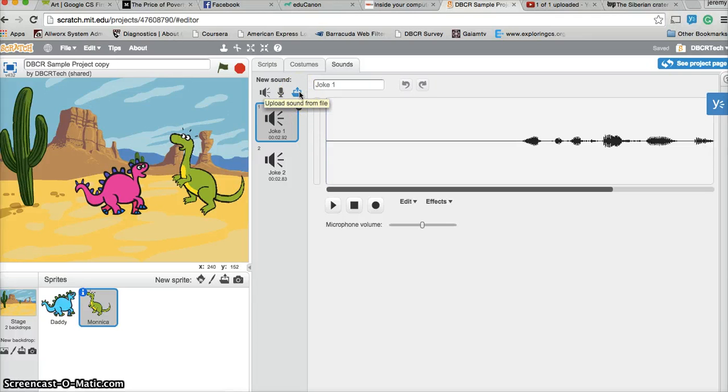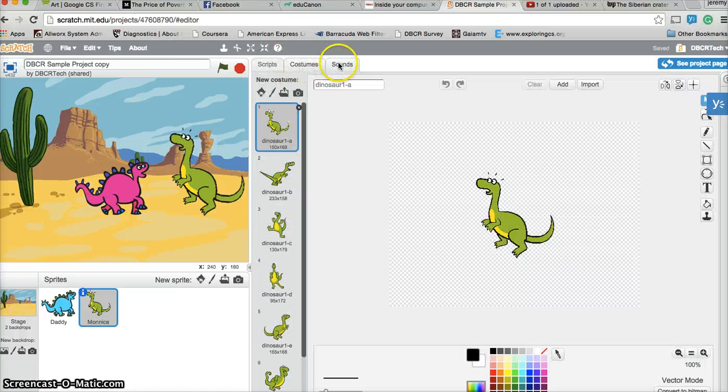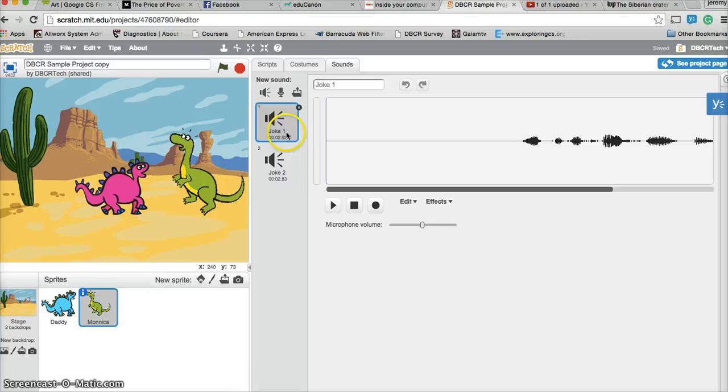You can also upload this. This is for those of you who recorded sounds using other recording devices, your phone, whatever. You can create an MP4 file or MPG file. I'm sorry, MP4 is video, and you can upload it to Scratch this way, just as you would upload any file. And then you see the name. So I have joke 1, joke 2. You change the name up here,